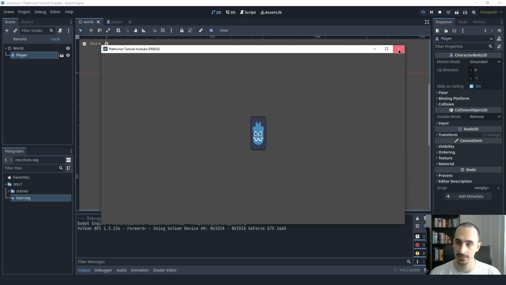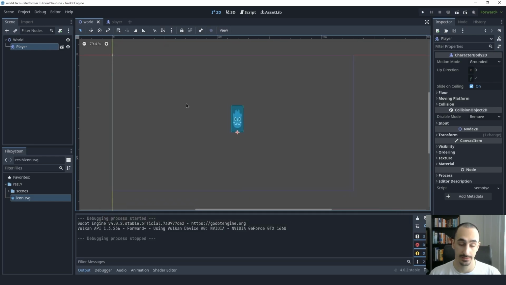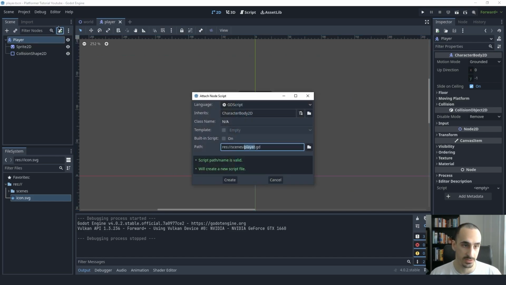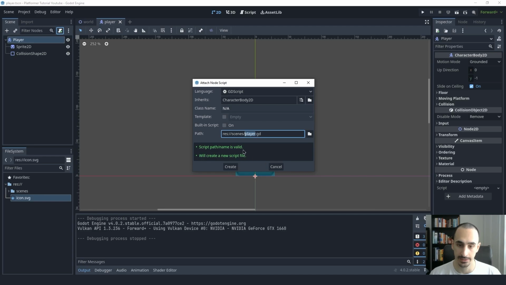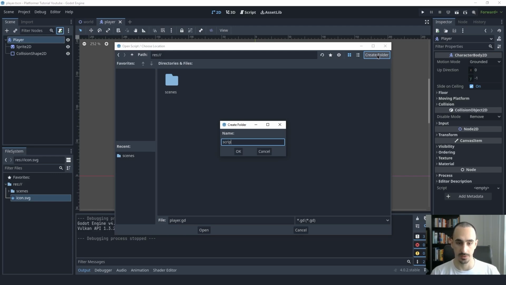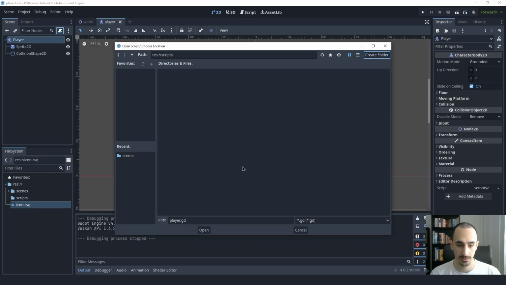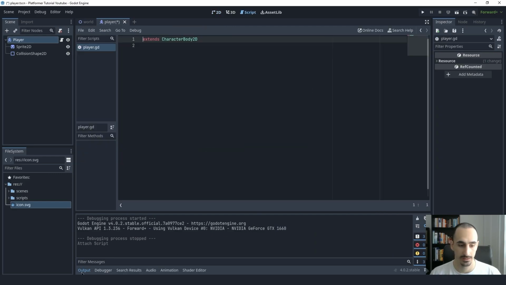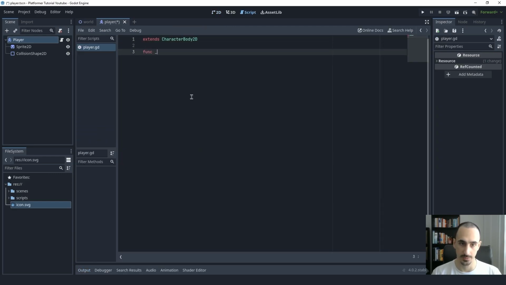Now we can go back into the player script. Not the player script, to the player scene and create a player script. For the script, we're going to click on the new script icon. And I'm going to create a new folder. Let's go back into the root directory and create a folder here called scripts. We can save our script here and create it. I'm going to bring in the physics process function,